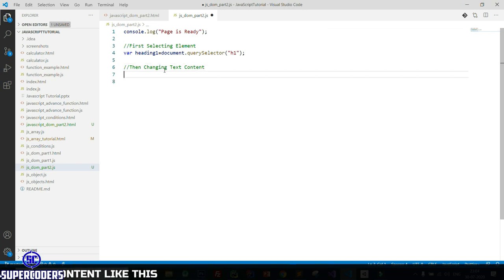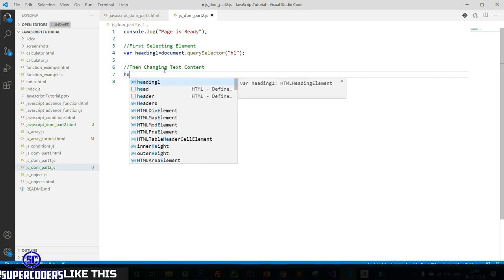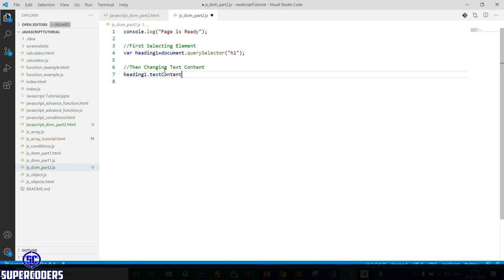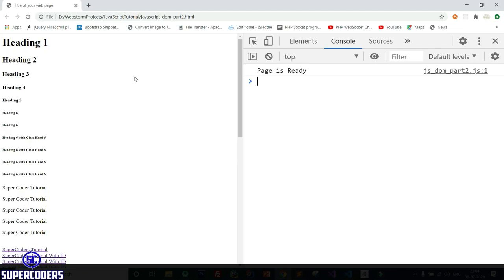So heading1 dot textContent equal to new heading. Now again come to Chrome and click on refresh, and you can see it's printing new heading, so it's working.